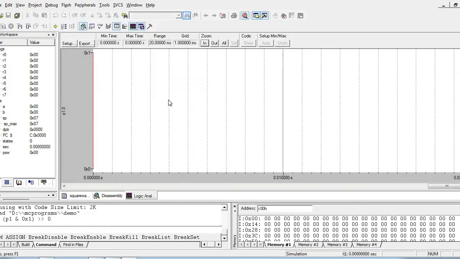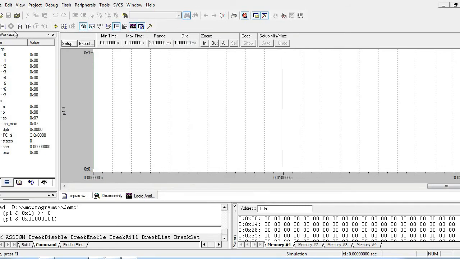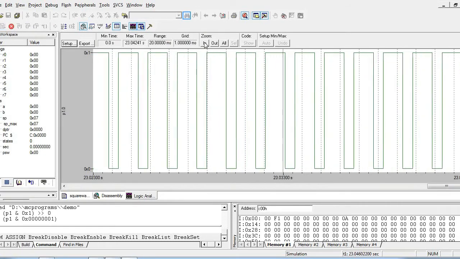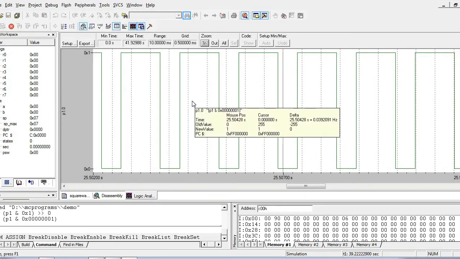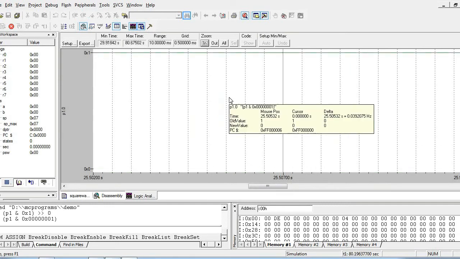Now we'll set up, close this, and again I will give a fresh one, that is P1.0. Close this, and now run. See, now you can see here that the on period is 2 times the off period.